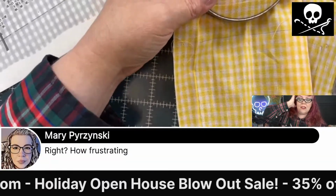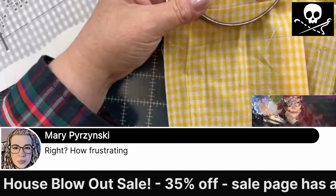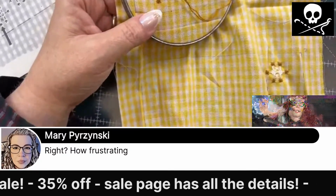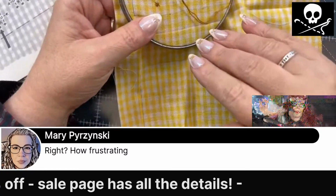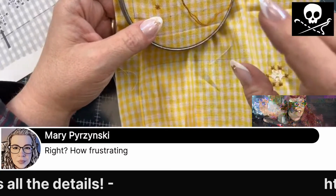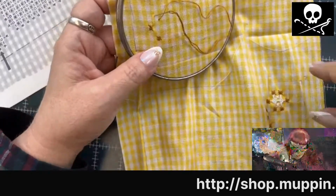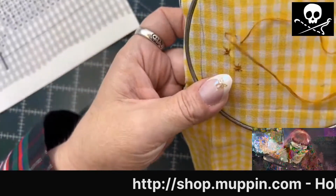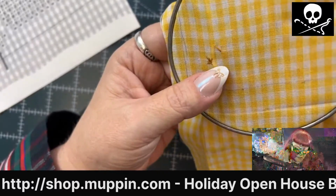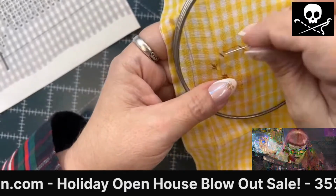I do think there's a point at which, I feel like everybody has this go, no-go point, especially when you're working on something like this. If you keep making mistakes, it might be time to put it down. I kind of felt like that's where that was. We were about to say, perhaps today's not the day you should be doing this. And